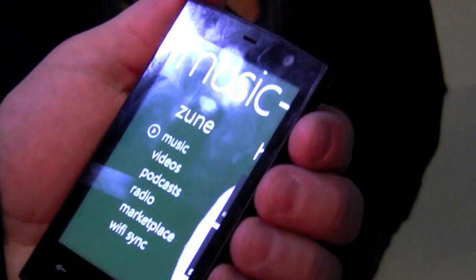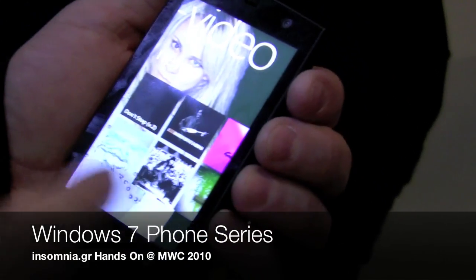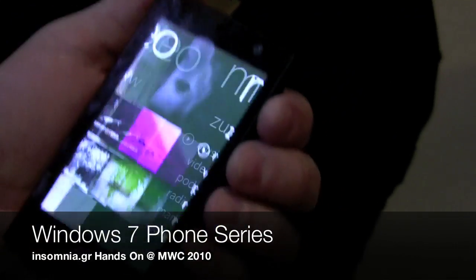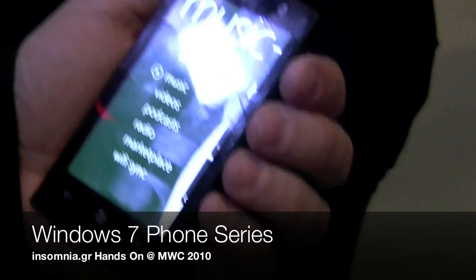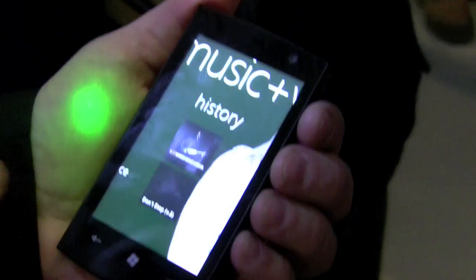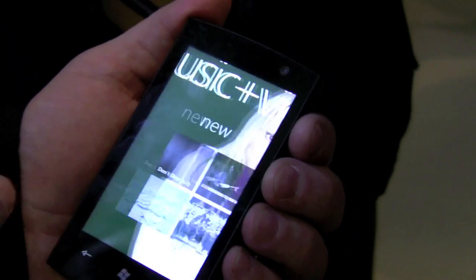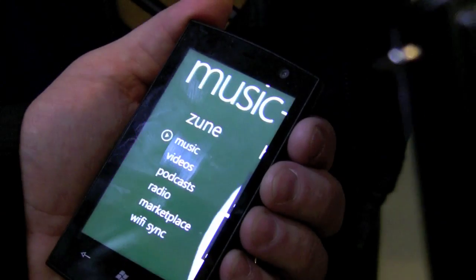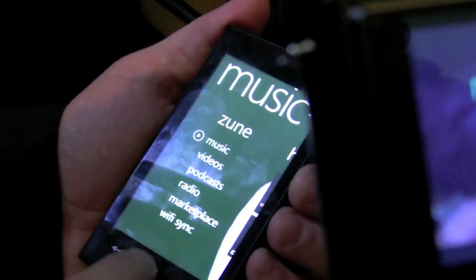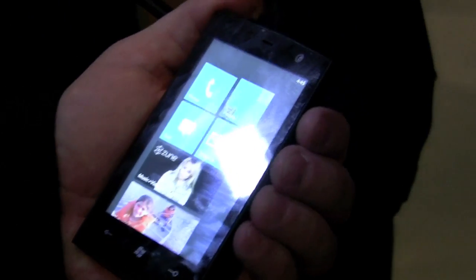It's a little bit of similarity, and then as you skip through, here's everything that's new. You get that beautiful feeling of depth with the background as you work through the hub. History of what you've recently played, new songs that are out there and available. You can skip through. I'll show you another one that's pretty interesting.